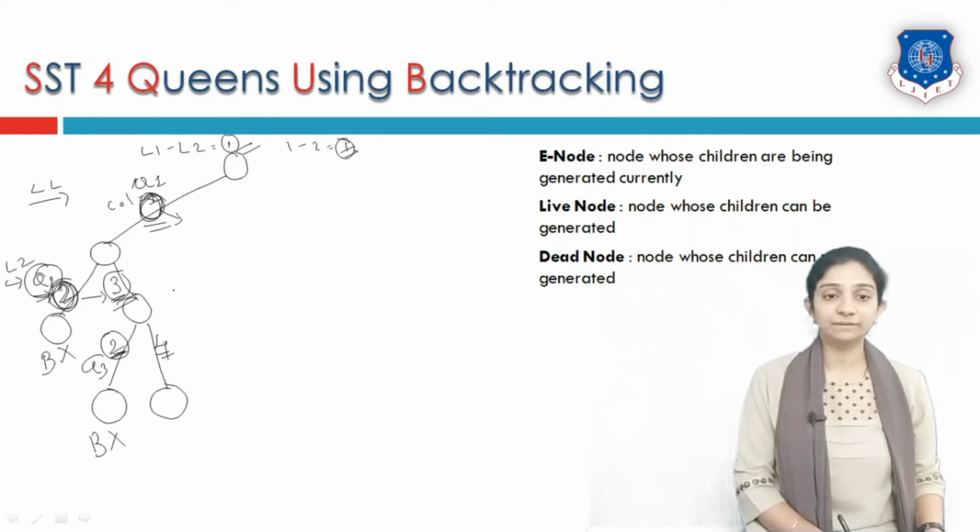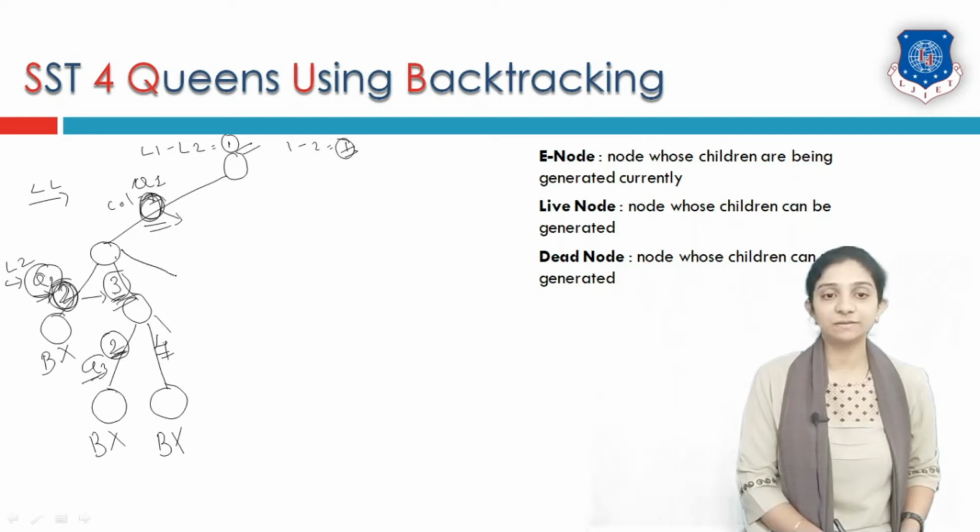The difference between these two levels is 1 and the difference between these two column numbers is also 1. So the tree must not grow from this particular branch, by using the bounding condition. We must go back one step and try some different option. Now is there any one more option for queen number 3 that I can try? The only options for queen 3 are column number 2 or 4. There are no more options. So we will go one more step back, that is, we have backtracked queen number 3.